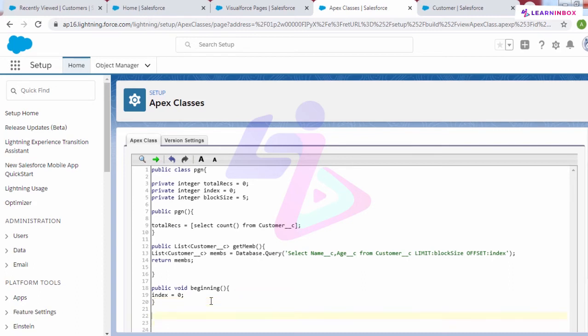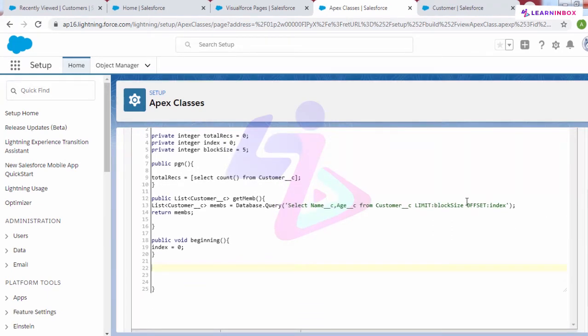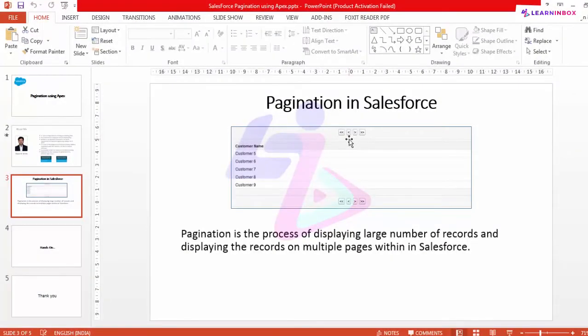Now let me write the logic for my second button. Public void previous. So this will be for my previous button.